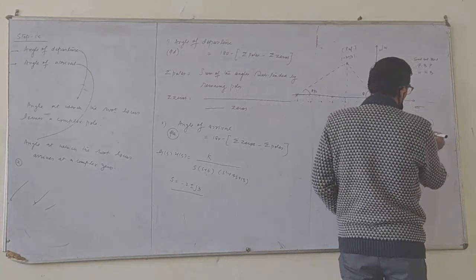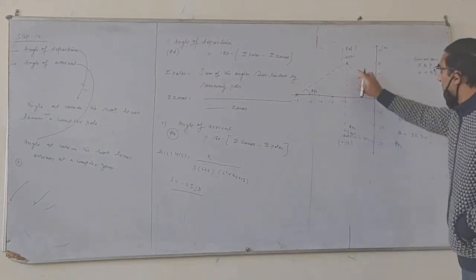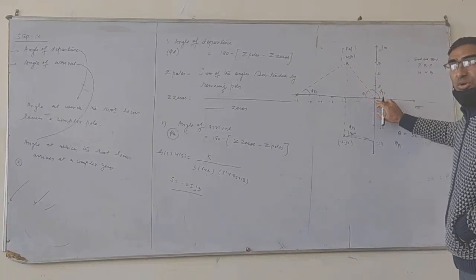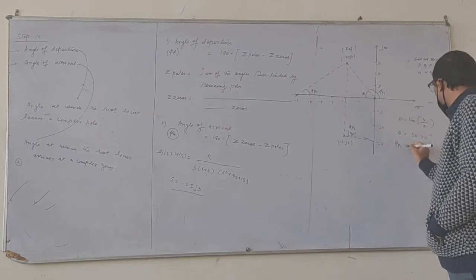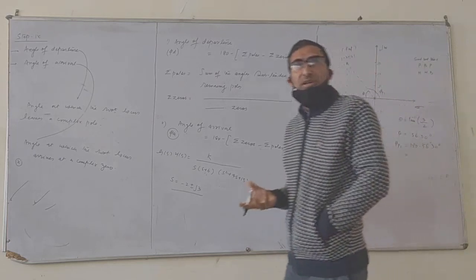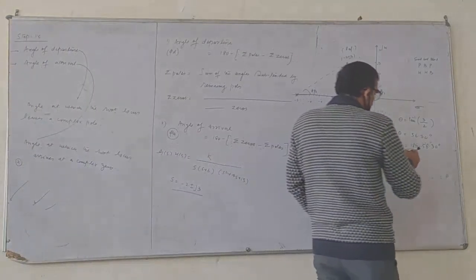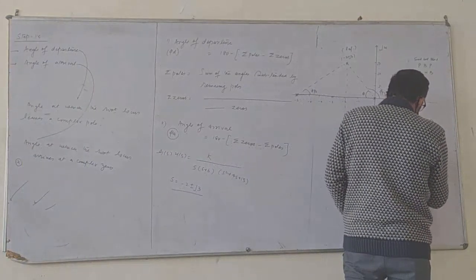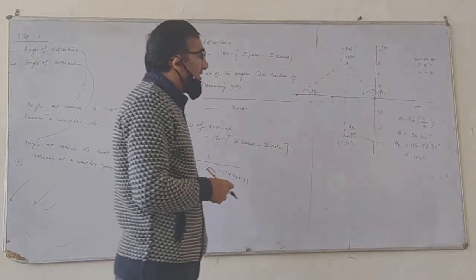56.30. So therefore, phi P1 will be equal to... we have to find this, I have told you, we are joining this with this pole. What is the angle with respect to the real axis we have to find? That's very important. So this phi P1 will be 180 minus 56.30. A little geometry should come to you here, it is not difficult. I have calculated that angle. That is approximately 124 or 123, 123 degrees, approximately, not 100%. There is something coming like 125 point something. Okay, so the first angle is clear.